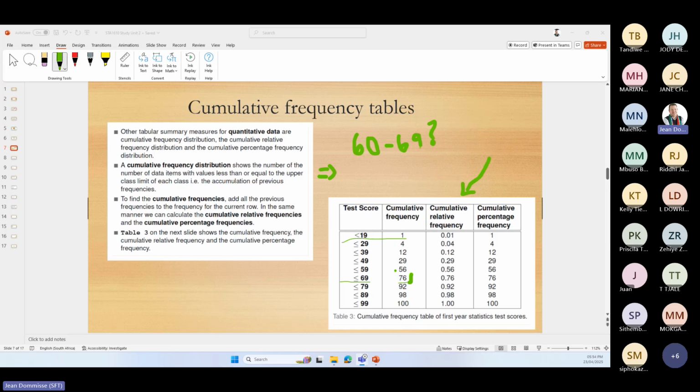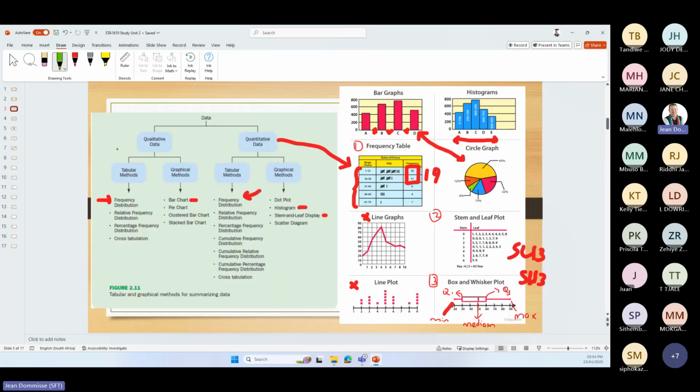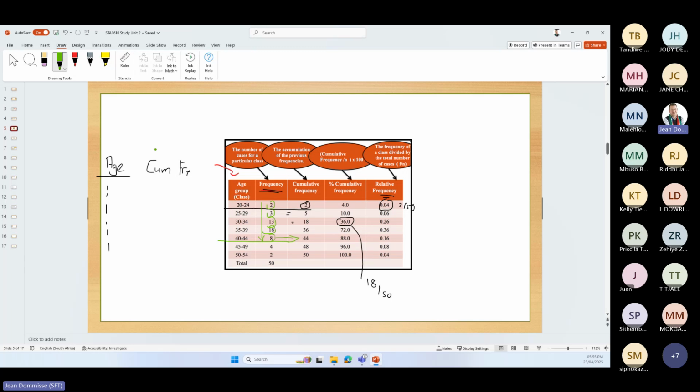If you look at the things that you guys need to know about this study unit, that's nearly the quick summary. You need to understand what is qualitative, need to understand how we will summarize visually what's quantitative, and then if we use a frequency table, how can we interpret it that way?